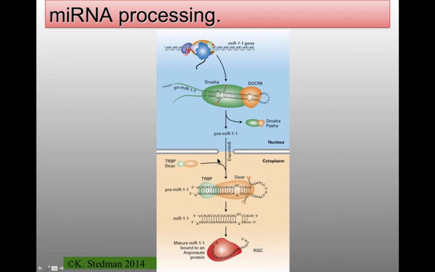This now gets exported into the cytoplasm. In the cytoplasm, the most critical protein here is the dicer protein. Dicer for chopping things up. What dicer does is it gives you a double-stranded RNA which is between 20 and 25 nucleotides in length with slight overhangs at either end. You see here's a 2-base overhang, here's a 1-base overhang. This then gets separated and put into the so-called RISC complex that we're going to look at in a little bit more detail in just a second. So this is the microRNAs.